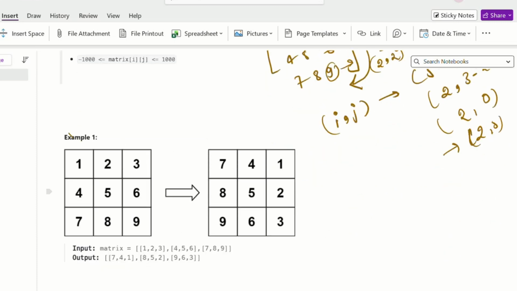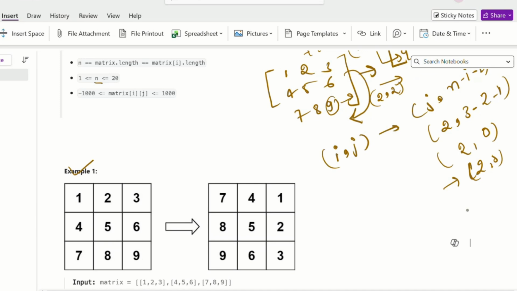Now, the first example is 1, 2, 3, 4, 5, 6, 7, 8, 9. It is the same example. But in our question, it is given that we don't need to occupy extra space.